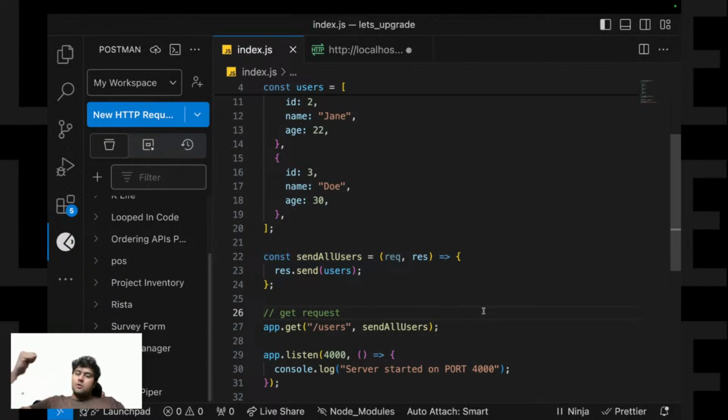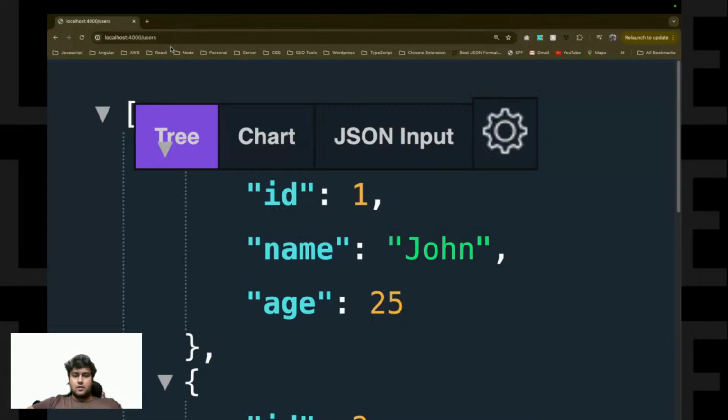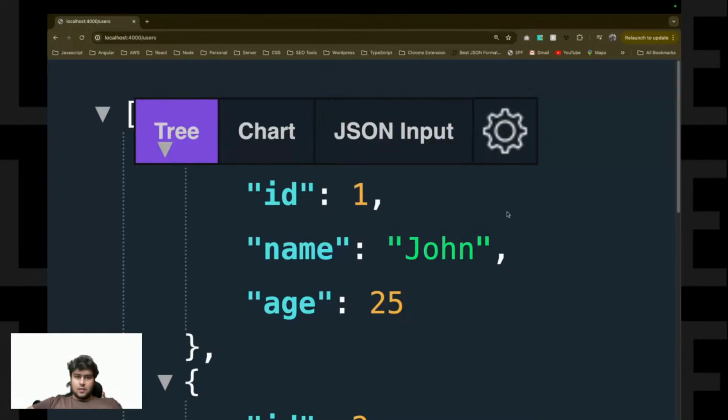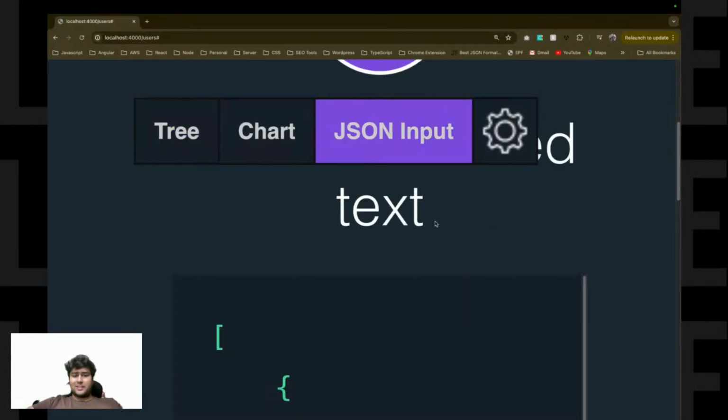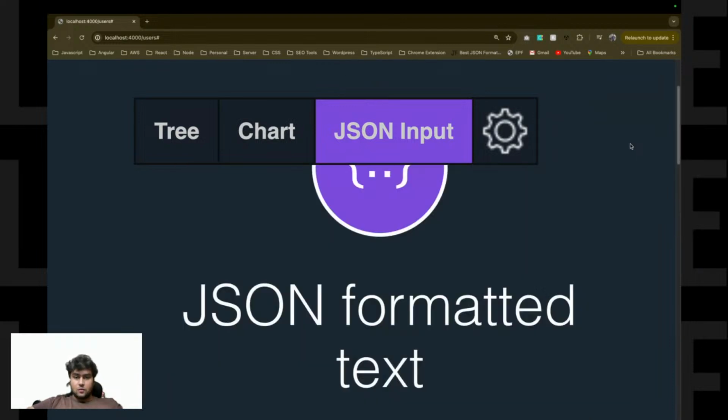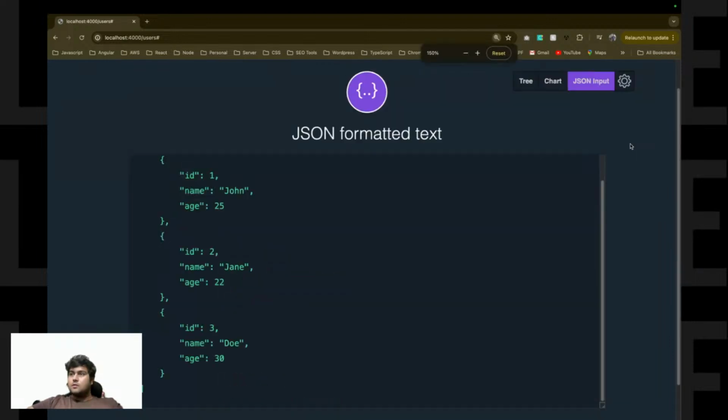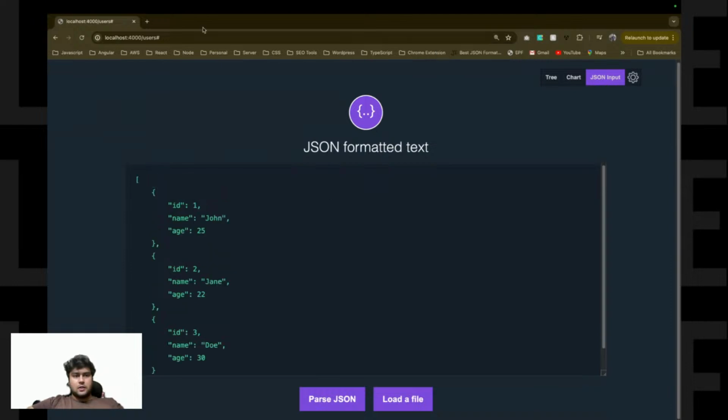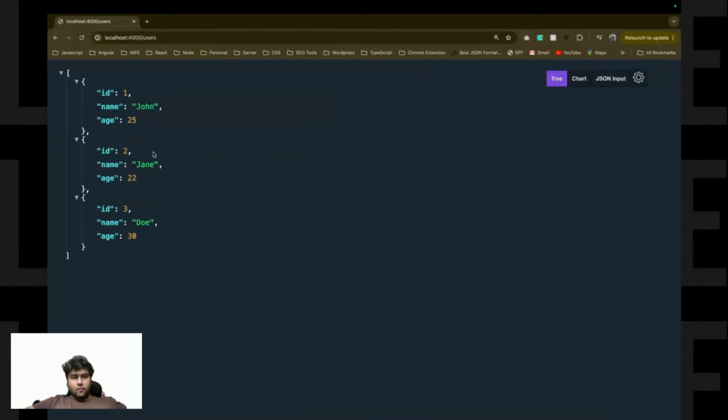Okay, now let's say I want a specific user's data only. I don't want the whole data of users. So let's just consider this computer as the server. Initially the user said send me all data, so you said users, and it sent me all the data. Okay, so when I asked for users, it sent me all the data, which is this.